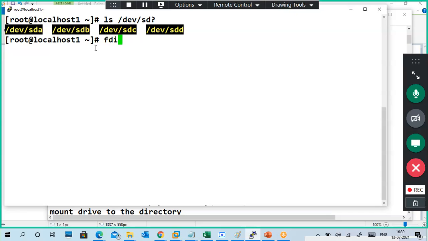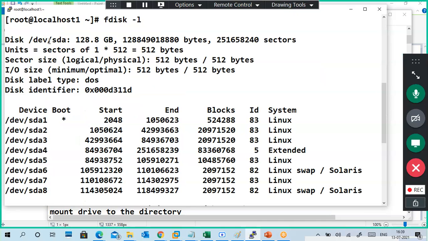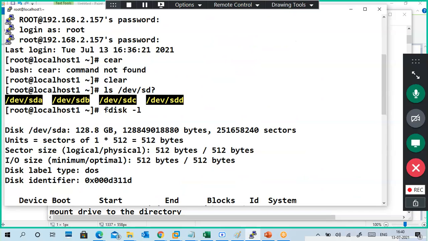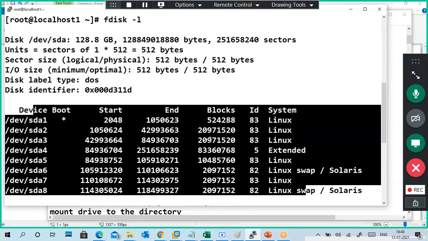If you put fdisk space -l, then it will show the different hard disks. Here see, sda 128 GB, with some partitions.